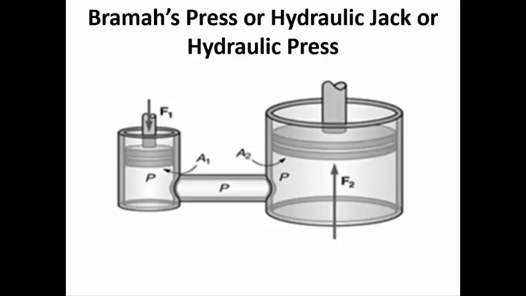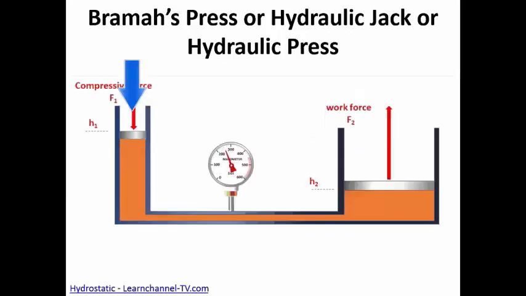So in the Bramah press, what happens? You are having two cylinders connected by a pipe. So you are applying a force at the smaller cylinder and you are trying to lift the load at the larger cylinder. So this is the basic construction of the hydraulic press. So you will be having two cylinders, cylinder 1 and cylinder 2. You are applying some force here, usually on the smaller cylinder. You are applying a very small force over here, and correspondingly you are going to get a very large amount of force here. Now why are you going to get a large amount of force here?